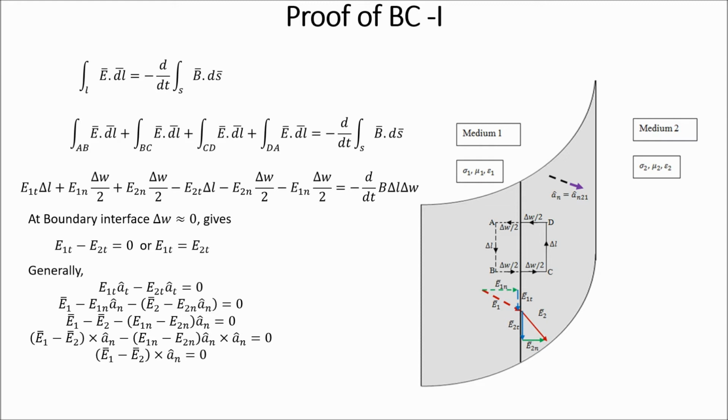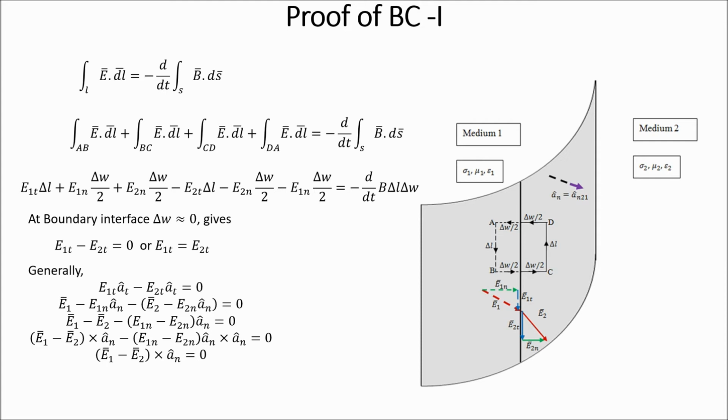So I expand the Maxwell's equation and write it for this rectangular path. You have side AB, the line integral of the electric field for side AB, plus side BC, plus side CD, plus side DA,